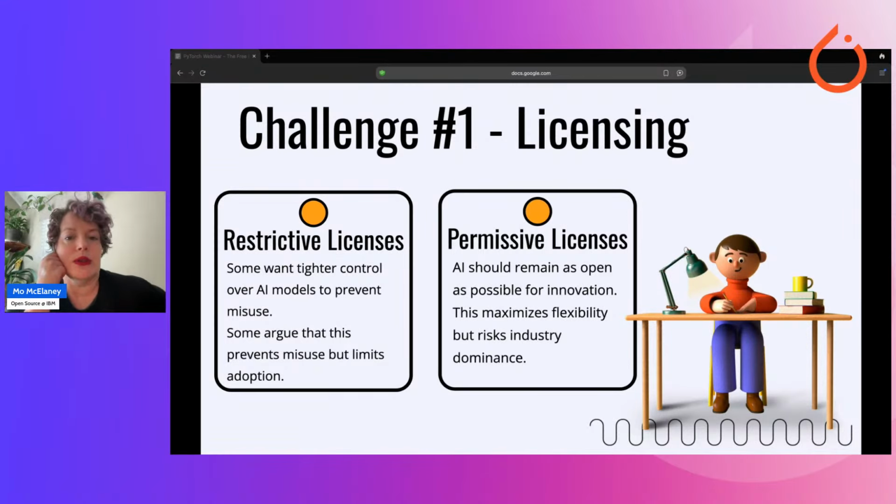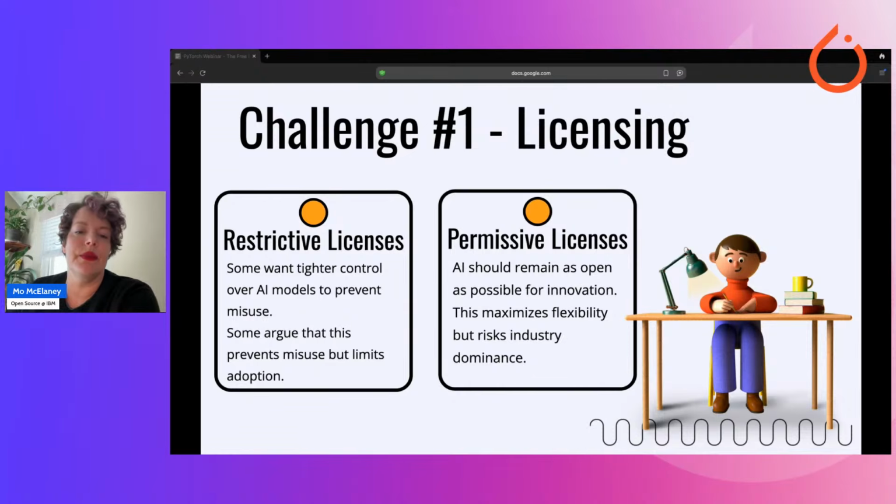So in the attempt to define open source AI, there were many heated debates about what sort of license is acceptable for this type of technology. What we're seeing is there are many, many different licenses being leveraged out there. For example, if you look at the Llama Community Agreement, which is built by Meta, it says that you can do whatever you want up to a certain level of usage, like a certain number of users per month, which might work for many different use cases. And that number may be pretty large, but this makes it not permissive as an open source license because you're limited on the users.